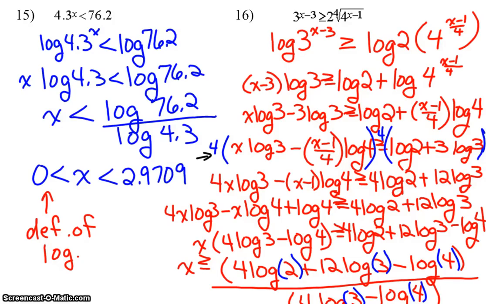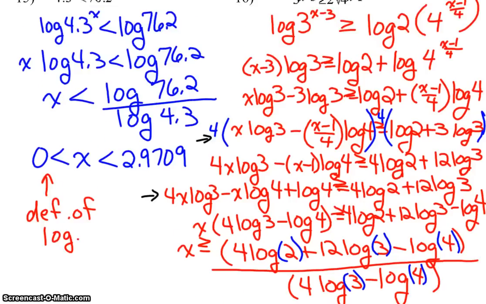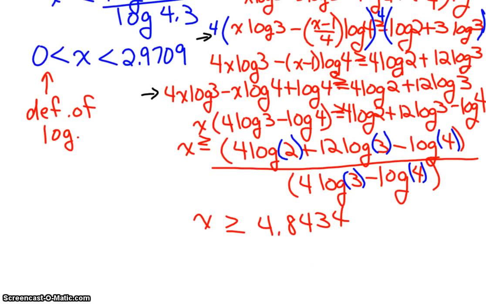Then again, I had to use the distributive property in this line. And again, move everything to the other side. I had to move the log 4 to the right, divide both sides by 4 log 3 minus log 4, and ended up with my final result of x is greater than or equal to 4.8434. In this case, I did not have to add in the greater than 0 because it already was. This concludes our